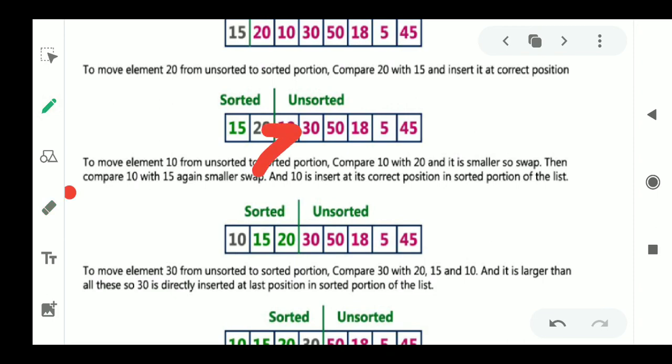We will compare this 10 with both 15 and 20 to find the gap where we need to insert it. 10 is obviously smaller than 15 and 20, so its position is before 15. So now the elements in the sorted list are 10, 15 and 20, and the remaining elements are in the unsorted list as earlier.